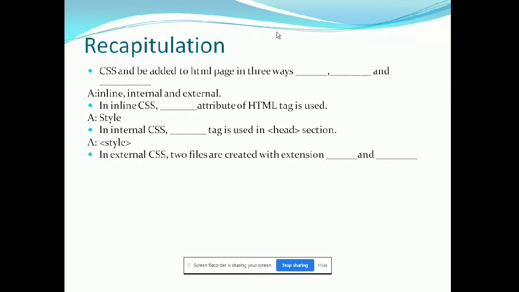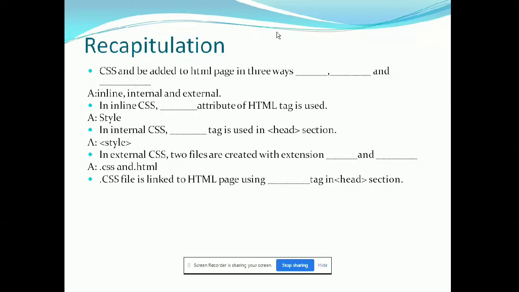Next one, in external CSS, two files are created with extension dash and dash. Answer is .css file and .html file. Next, .css file is linked to HTML page using dash tag in head section. Answer is link tag.